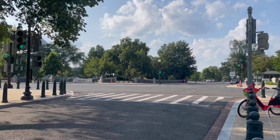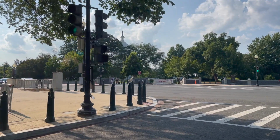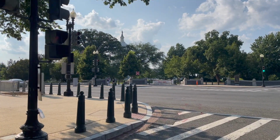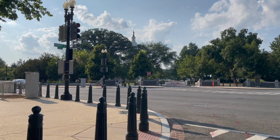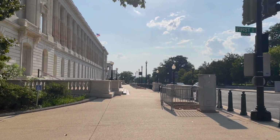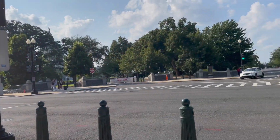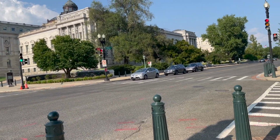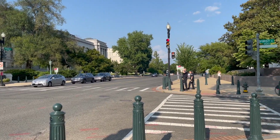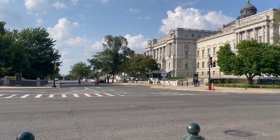So coming up, you can see this is Independence Avenue in front of us, and you can already see the dome of the United States Capitol. To your left, you can now see the side of Cannon that faces the United States Capitol building. And you can also see Independence Avenue, the main street that runs on the U.S. House of Representatives side. If you continue to follow the street, you will eventually find yourself on Pennsylvania Avenue Southeast,